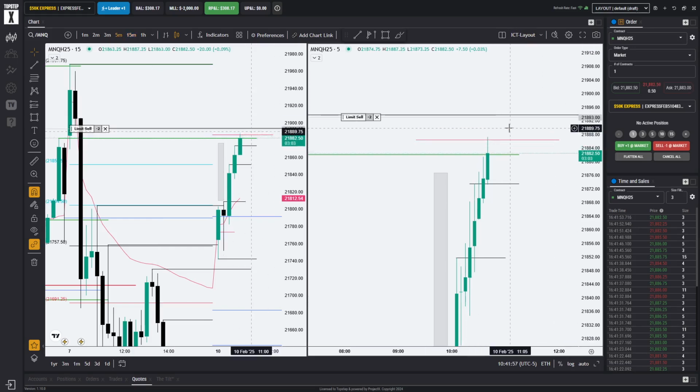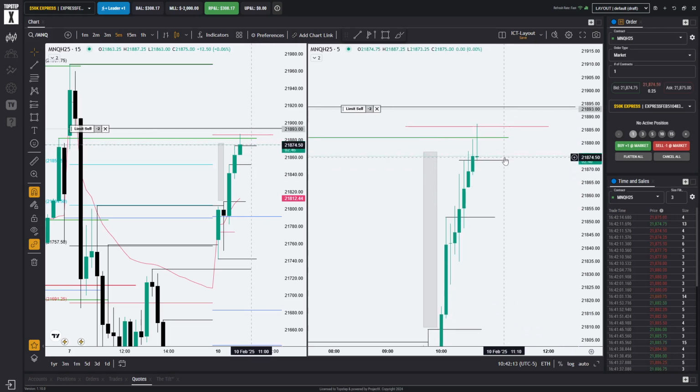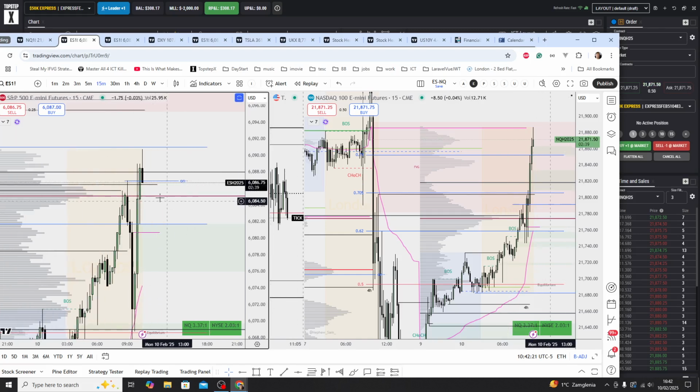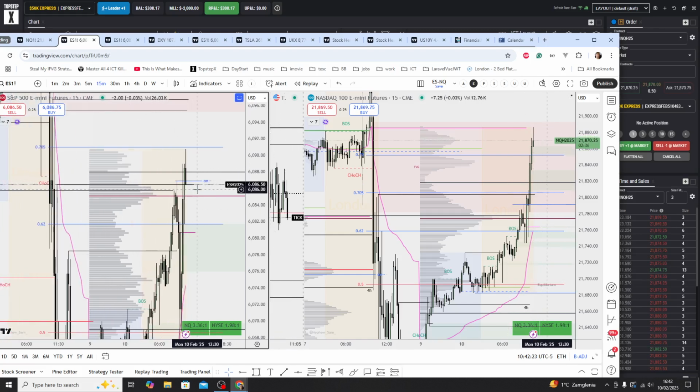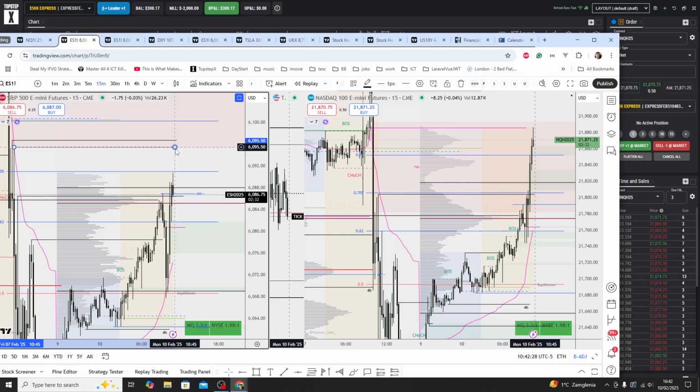Like a final exit, because market is due for a pullback right now, definitely. Although it doesn't look that way on the ES. It could continue on ES into this liquidity up here, but NQ